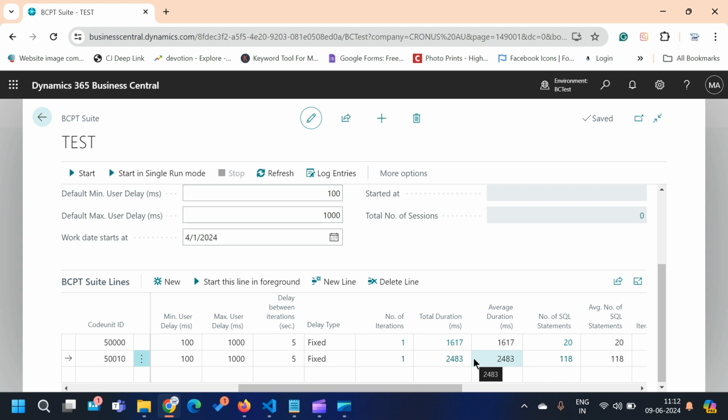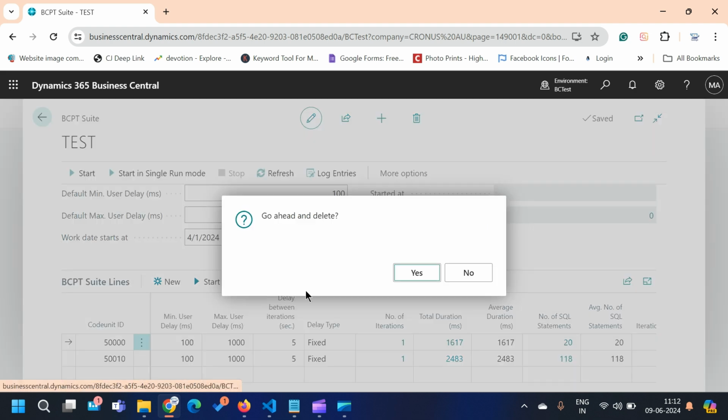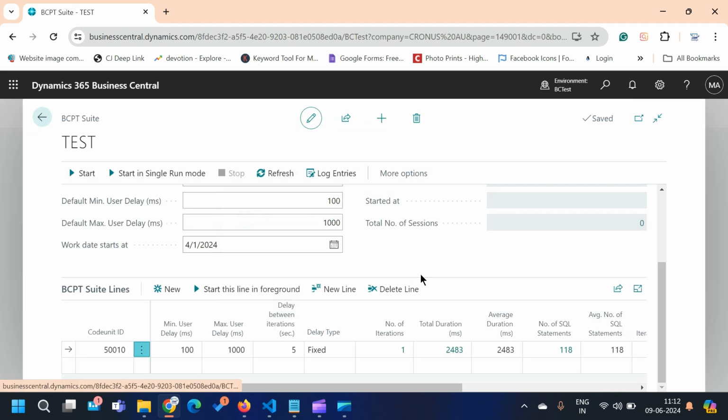But if you look at this, I'm getting the results for total durations and number of iterations and so on. That error is basically from the code itself, where some setup might be missing. So let's not worry about that. The main part is, if I remove this one, because what I want to show you is